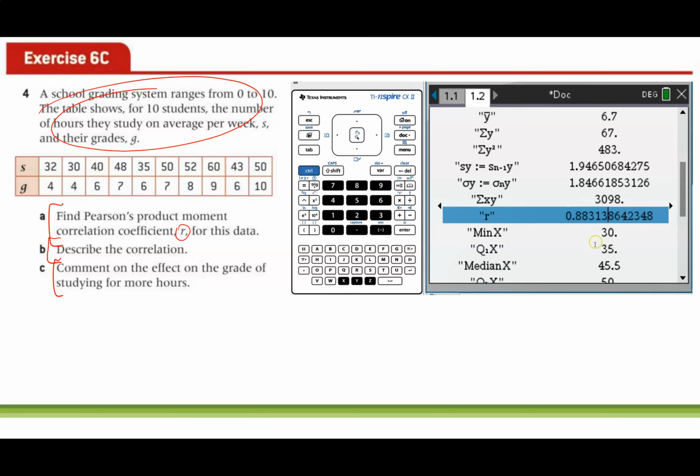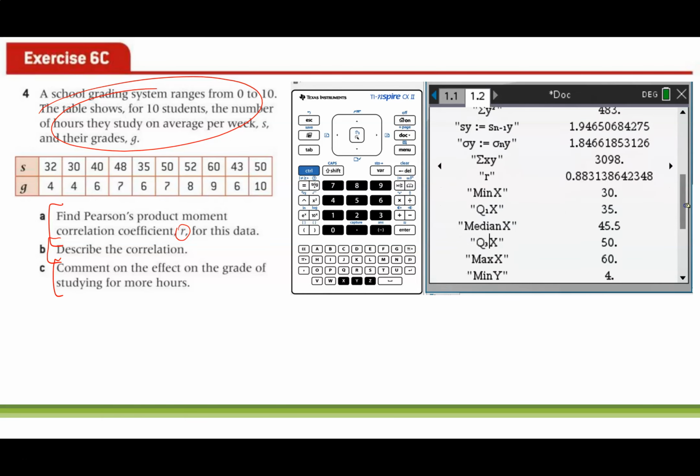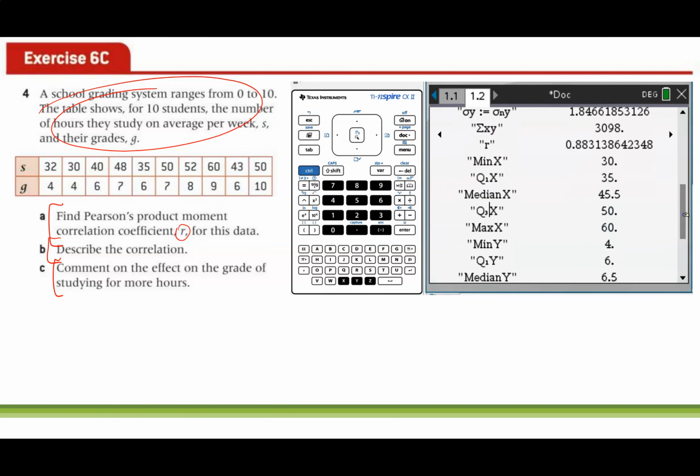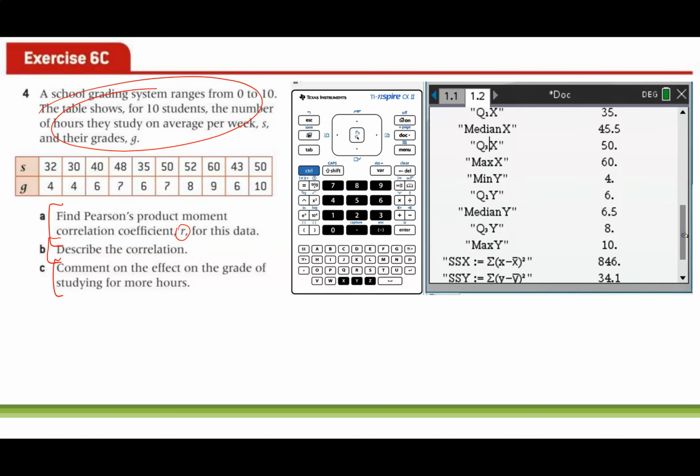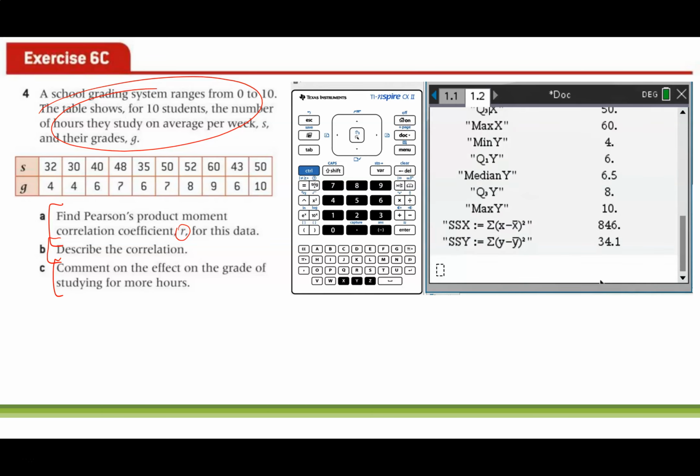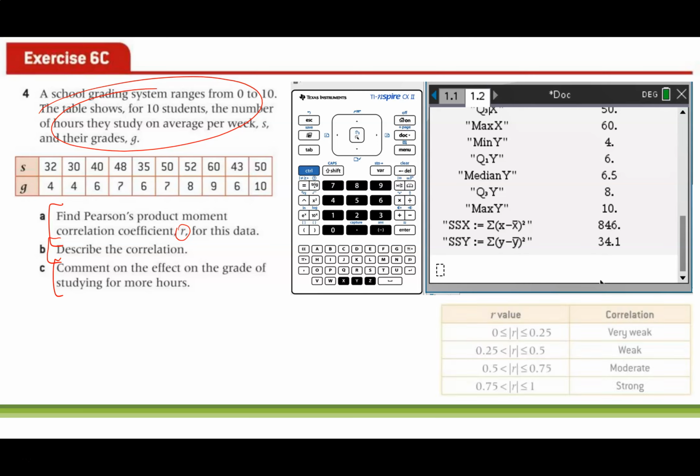You need to know how to get to that stage to find it, and now you need to know what to do with it. What does it mean? What does it tell us? 0.88, there's tons of other stuff here. We'll get to all that. You can see the IQR stuff. There's lots going on. So we go back to our chart, and I saw that that R value was 0.88,